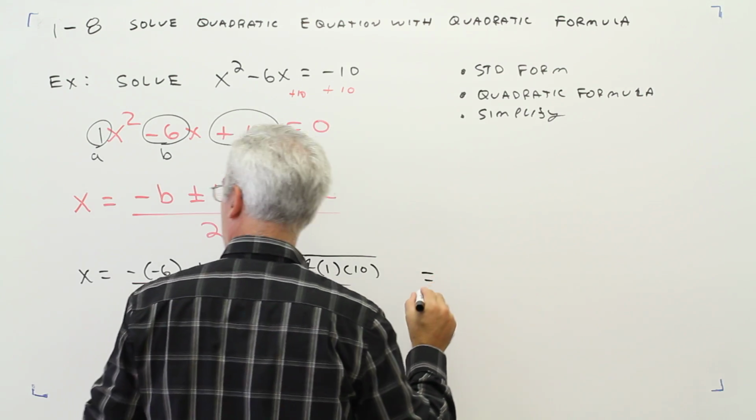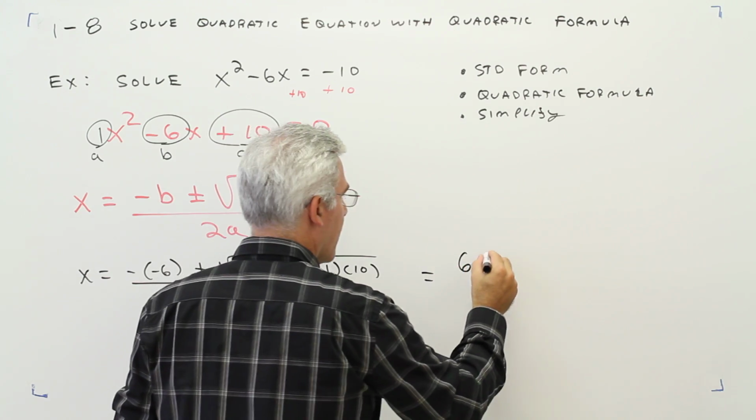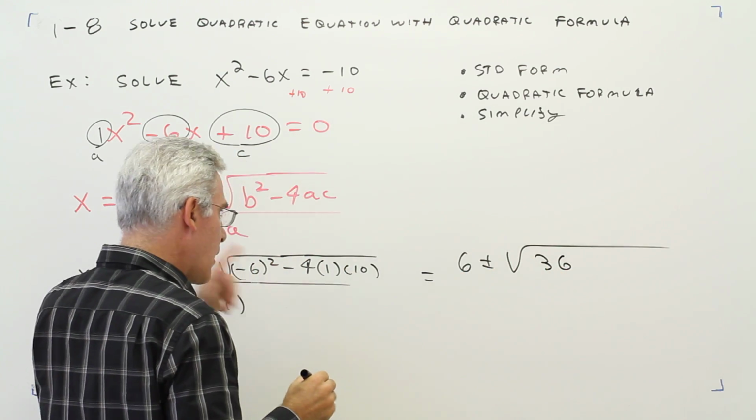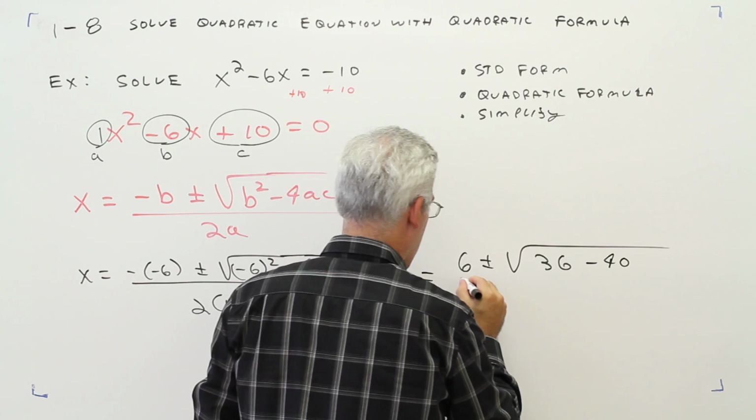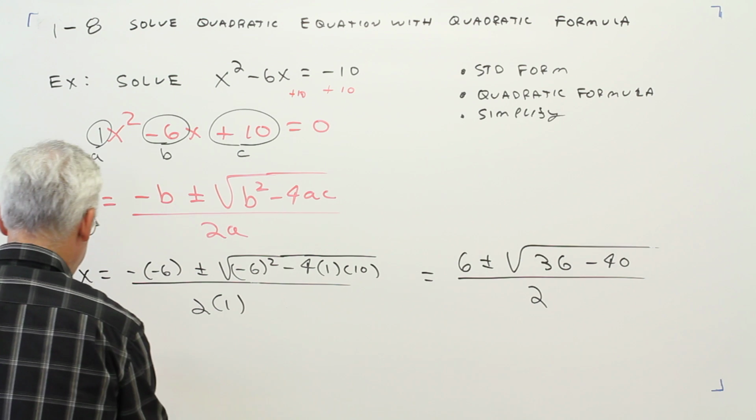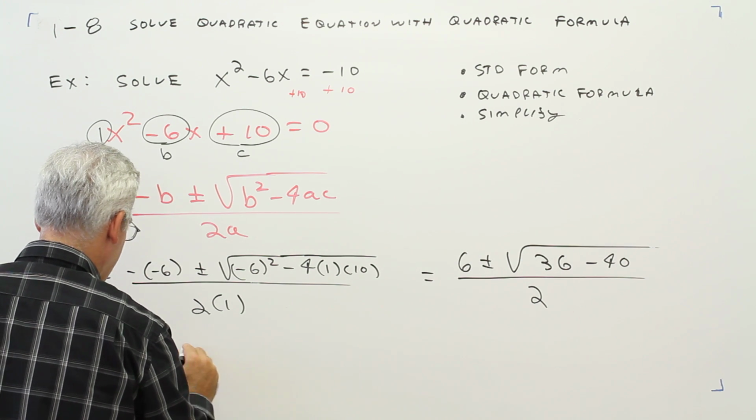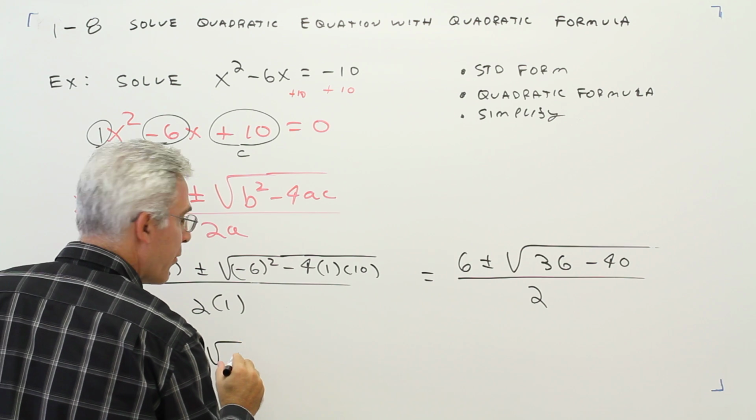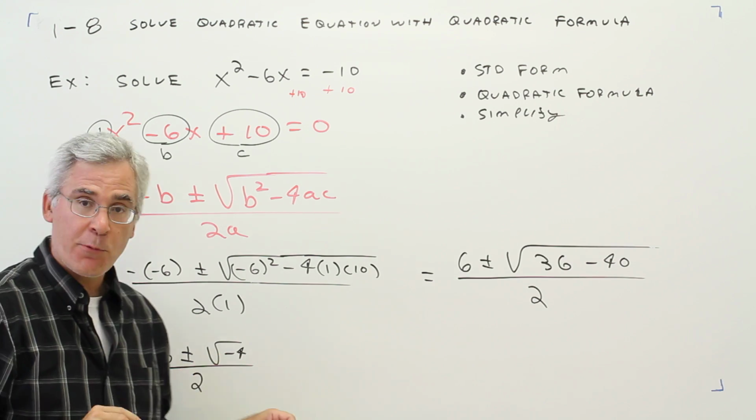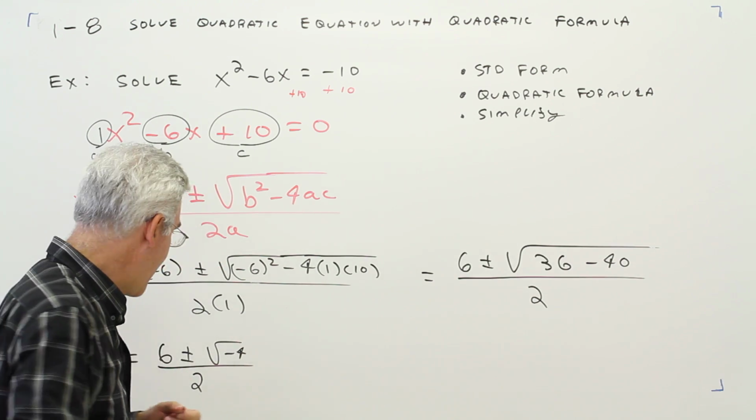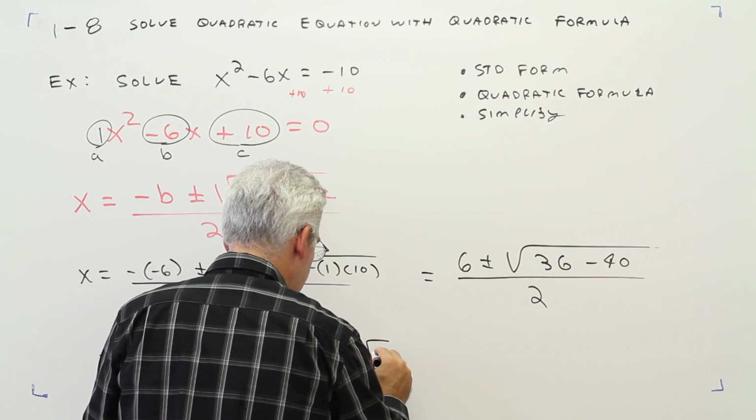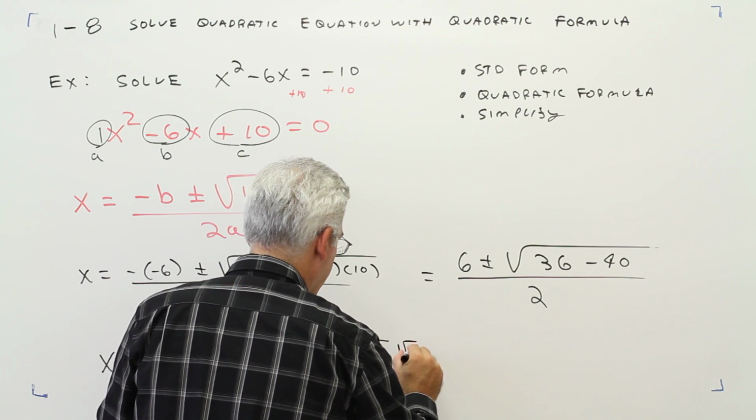All right, so that's going to equal 6 plus or minus the square root of 36 minus 40 all over 2. I'll simplify that. X equals 6 plus or minus the square root of negative 4 all over 2. For the square root of negative 4, I'm going to poke out my i. So that's the same as 6 plus or minus the square root of negative 1 times the square root of